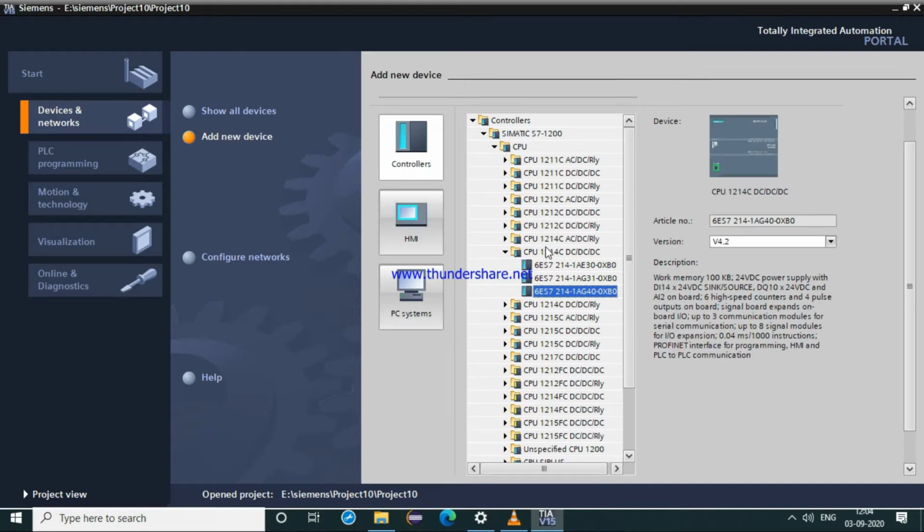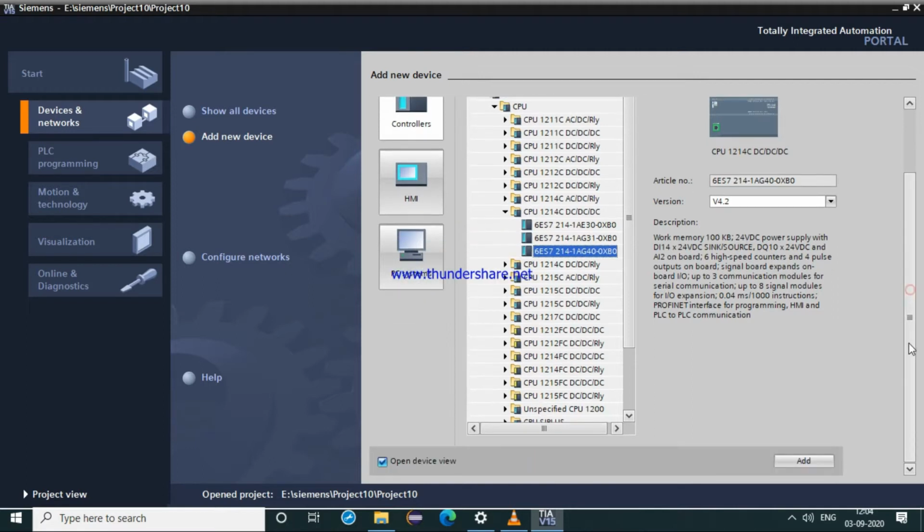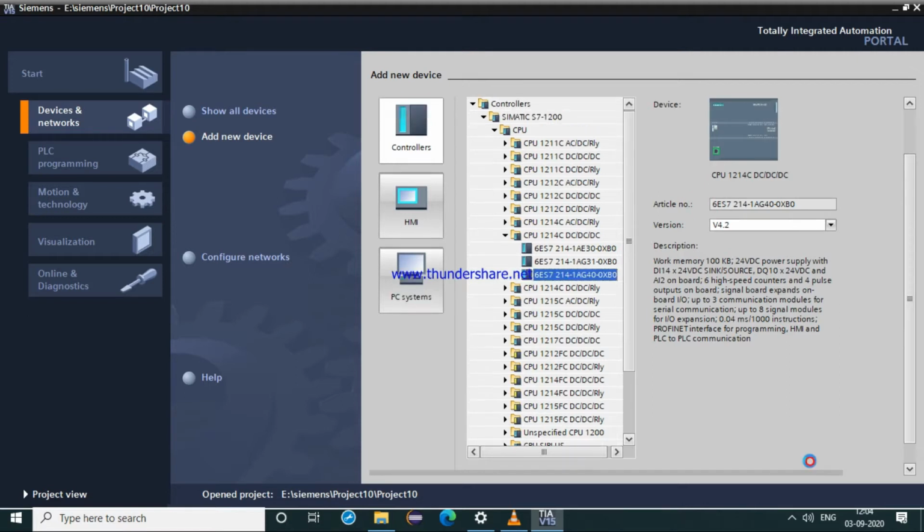Once we select the CPU and our article number, we will add this particular PLC to our software. That is, if we have a CPU 1214C, then we will add that particular CPU so that we can interface it through Profinet.